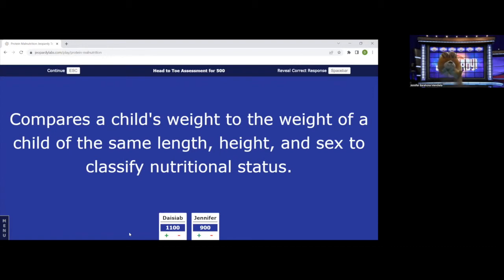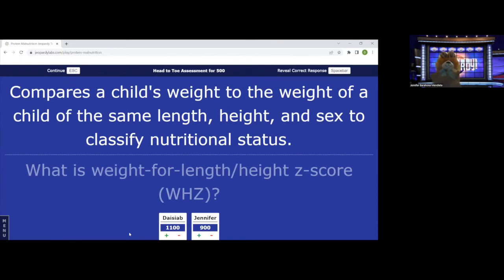All right. What is weight for length and height z-score? That is correct. What is weight for length/height z-score, also known as WHZ? All right, so a z-score is a measurement of how dispersed a relative data is from the mean within a standard deviation. It is used to assess nutritional status of a child within a population to see if they're well-nourished